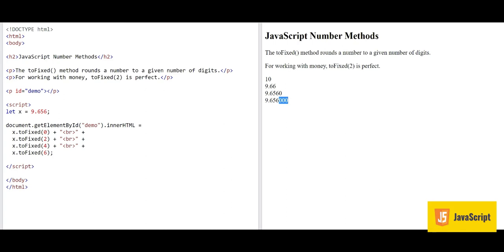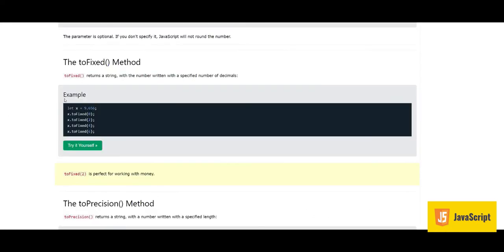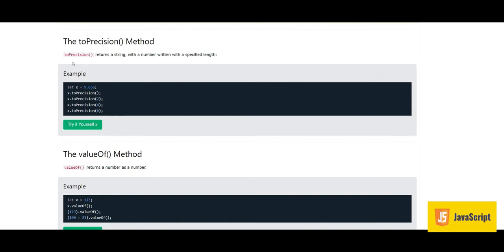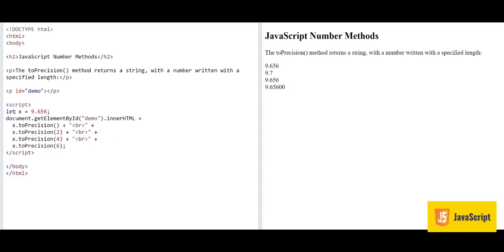Okay, so this was the toFixed method. Next we look at the toPrecision method. toPrecision returns a string with a number written with the specified length. Okay, toPrecision. Yeah, so here we have